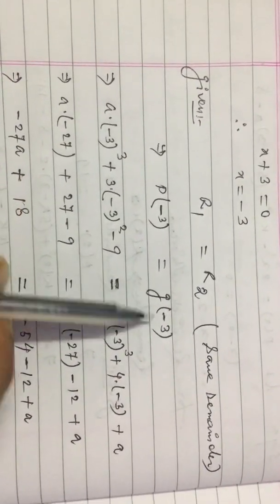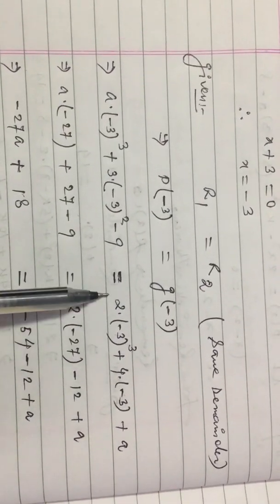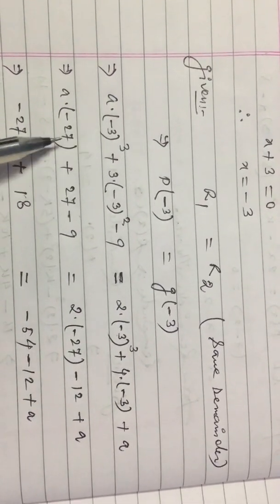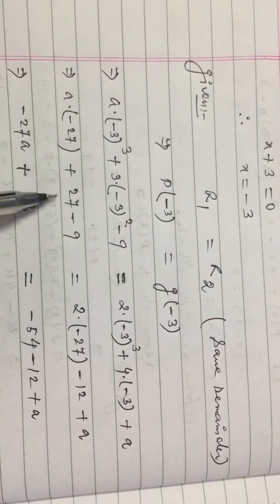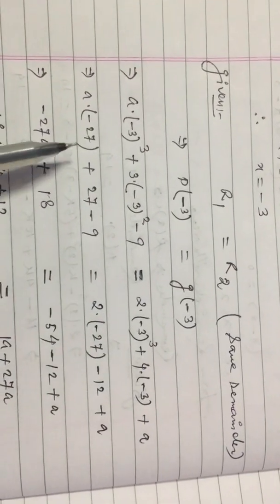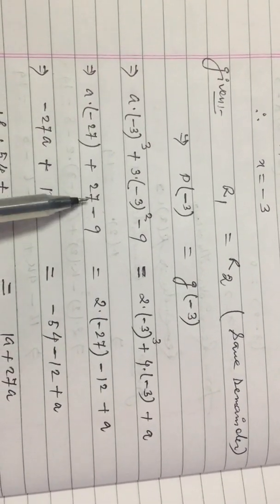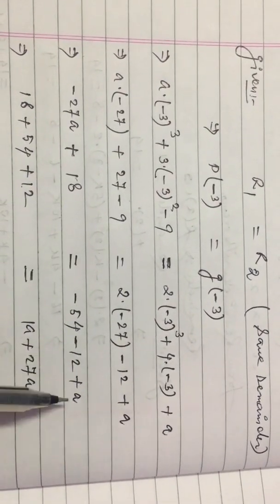so p(-3) equals g(-3). Substitute x equal to minus 3 and equate them. The cube of minus 3 is minus 27, since 9 3s are 27, minus 9 times minus 27 minus 12, so minus 27 into a is minus 27a, 27 minus 9 is 18, 27 2s are minus 54, minus 12 plus